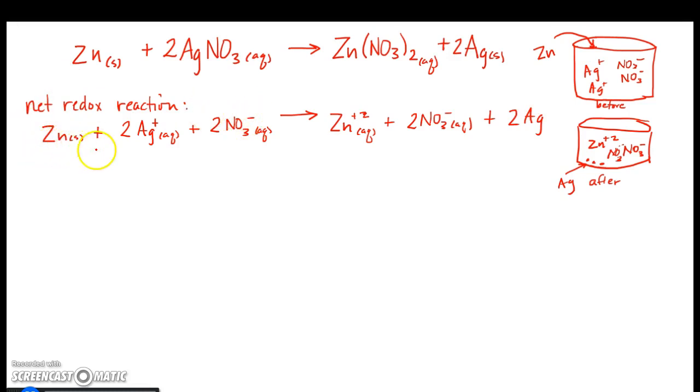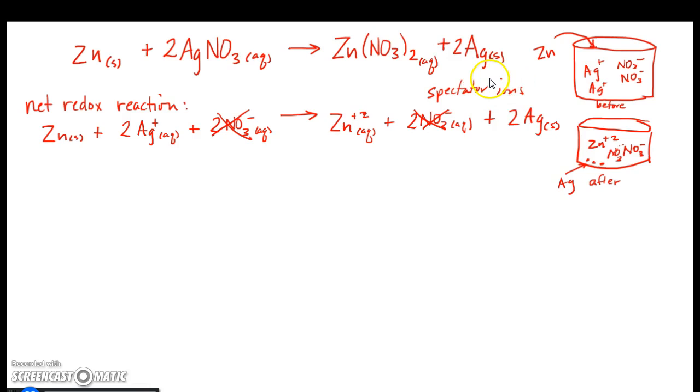Did the zinc over here change? And it did, because before it had a 0 charge, now it has a +2 charge. Did the silver change? Well, it starts with a plus charge and then it ends with no charge. So we do see a change here. How about the nitrate? We have 2 nitrates with a minus charge, 2 nitrates with a minus charge. These did not change, so these are my spectator